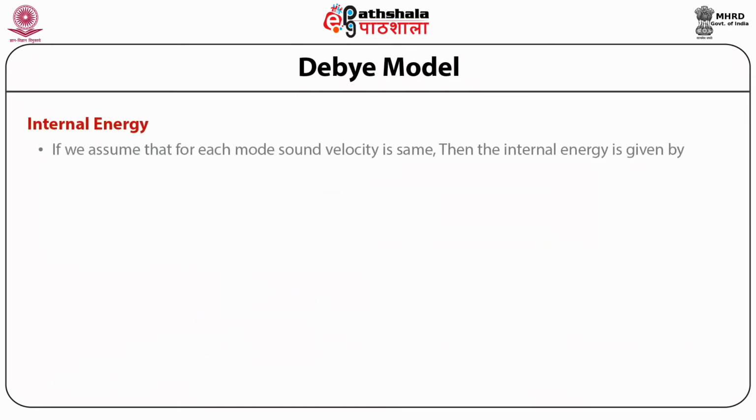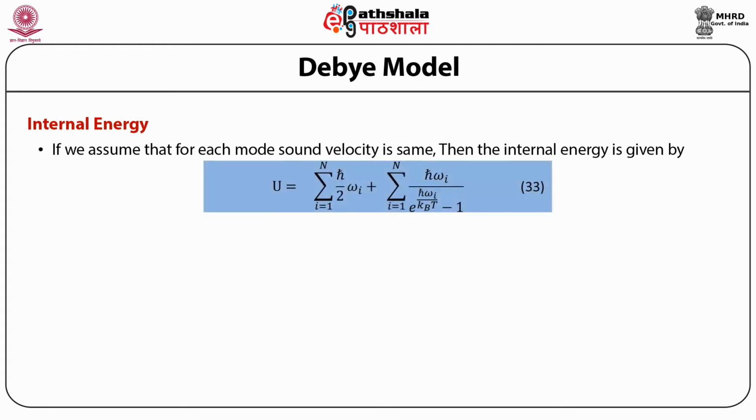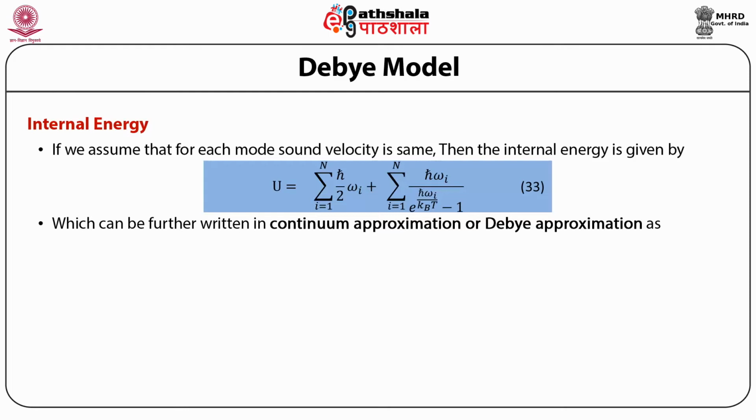Now let's look at internal energy. If we assume that for each mode sound velocity is same, then the internal energy is given by U is equal to summation over i equal to 1 to N ħωi/2 plus summation over i equal to 1 to N ħωi divided by e raised to power ħωi upon kBT minus 1, which can be written further in continuum approximation or Debye approximation as U is equal